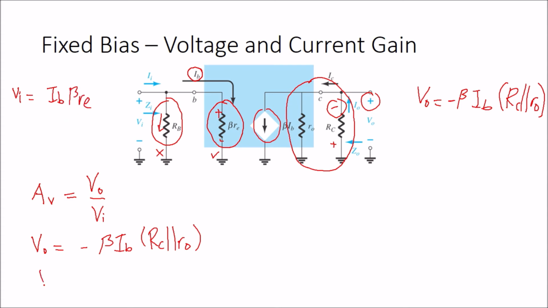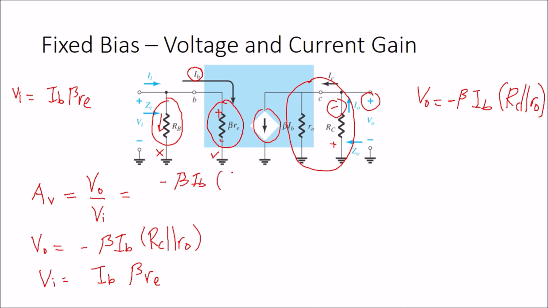Okay, so we have the value of V in equal to IB beta RE. And then just substitute the value of V naught and also V in into these equations. So you will find that the voltage gain is equal to beta